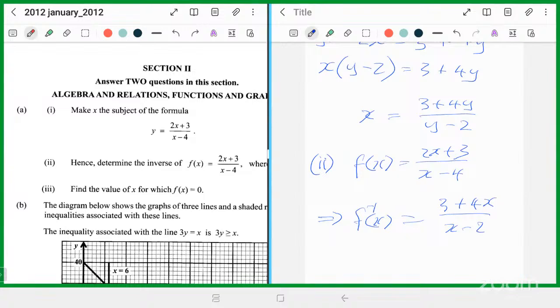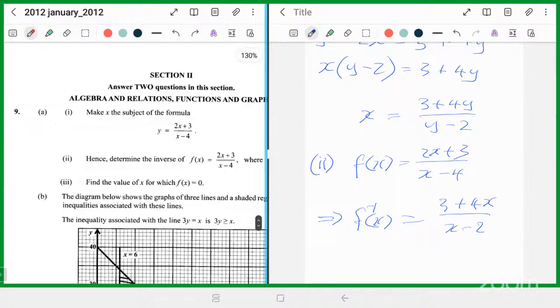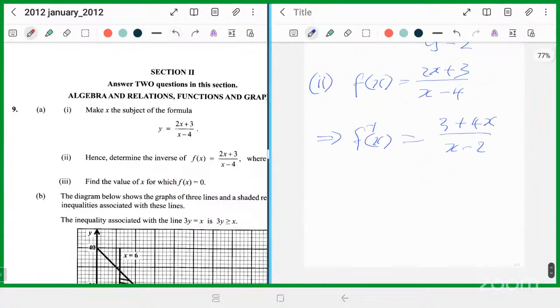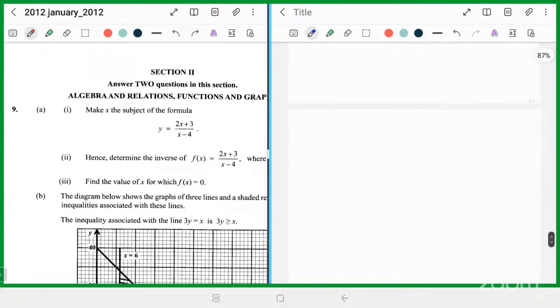All right, for part 2. Then this part now says, find the value of x for which f of x is 0. That's simple enough. If a function equals 0, then the numerator equals 0. Simple as that. All right, so for part 3,